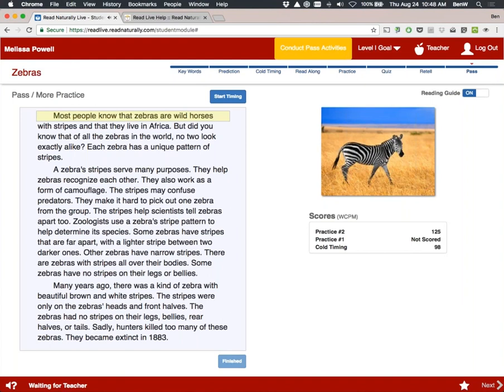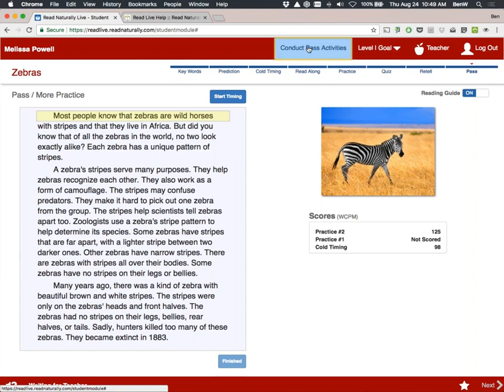So just as we saw during the cold timing step, where the bar at the top and the bottom of the screen turns red, indicating that the student is waiting for the teacher, the student can continue practicing on the screen, and after a practice read, some Wordtastic questions will appear again and alternate between those two waiting time activities.